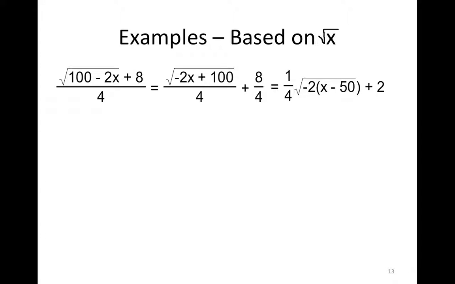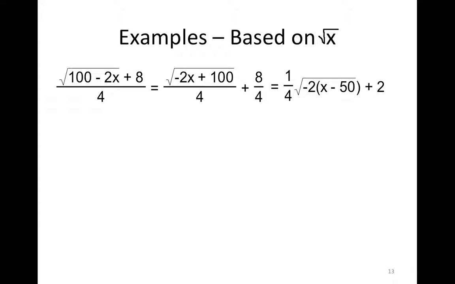You're doing several things in that step, but instead of dividing by 4, right here, I'm going to multiply the square root by 1/4 instead. The 8 over 4 becomes the 2, and then this is the thing that we generally forget to do. We need to factor the -2 away from the x. I don't like this right here. I need to write them separately. So the -2 comes out to the front, and when I do that, I'm also taking a -2 from this positive 100. So a lot of changes kind of happening at once there,